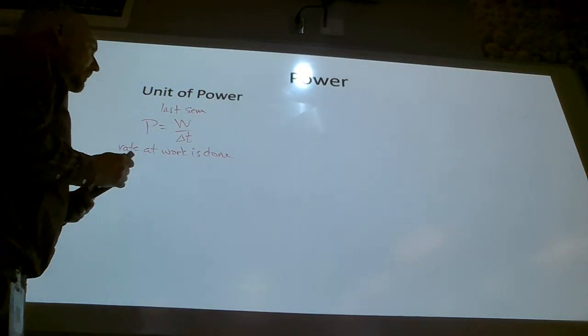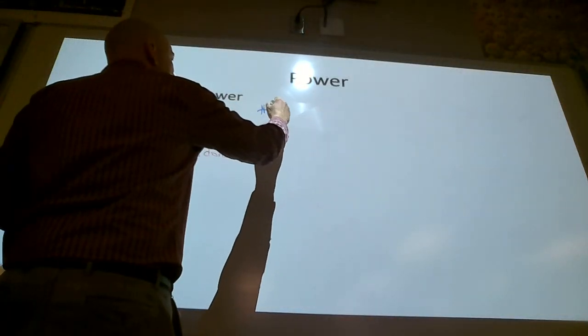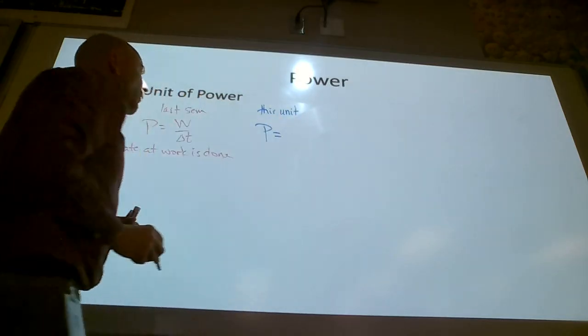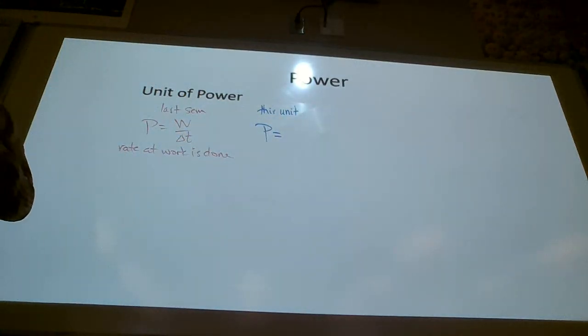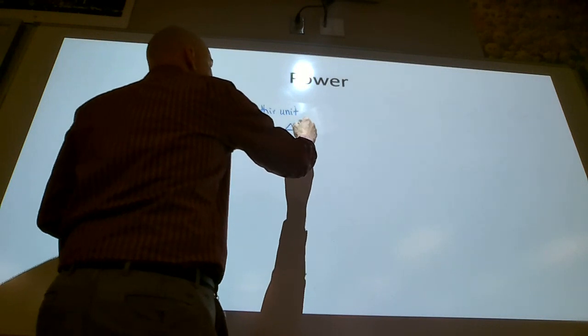Now we're modifying that a little bit. Do you remember how work and energy are related? Work is the change in energy, and that could be different types of energy. So this is the change in energy